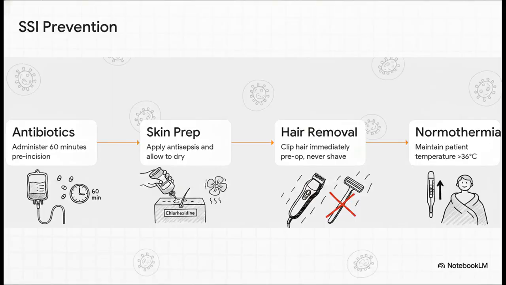Defeating SSIs is all about a bundled approach. First, you give those antibiotics on time. Second, apply skin antisepsis, like chlorhexidine, and crucial detail here, you must allow it to dry completely. Third, if you have to remove hair, use clippers. The exam loves to offer shaving as a distractor option. Don't fall for it. Shaving is always a wrong answer because it creates microscopic abrasions on the skin, which actually spikes the risk of infection. And finally, maintain normothermia. Keep the patient's core temperature above 36 degrees Celsius so their immune cells actually function the